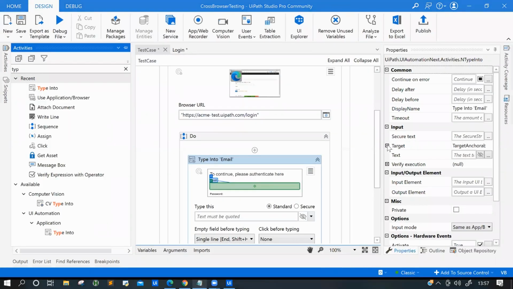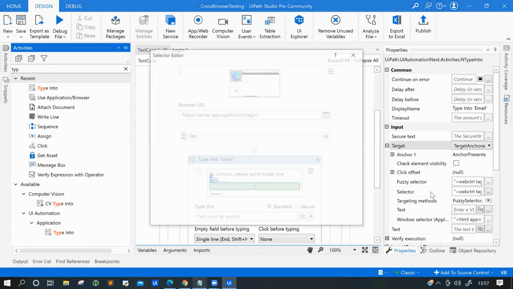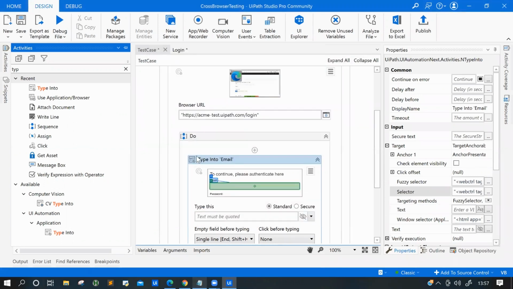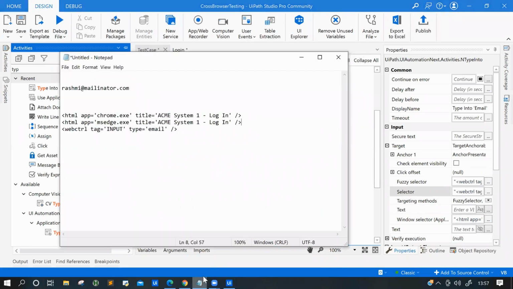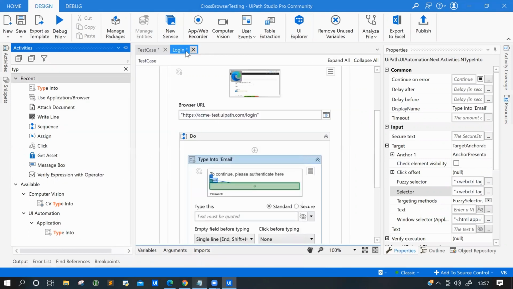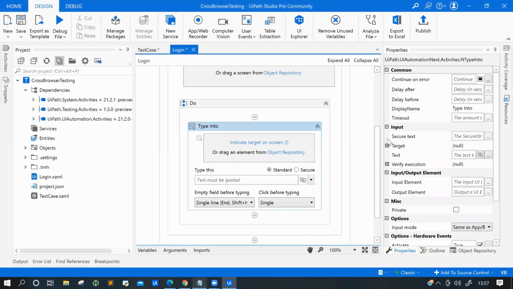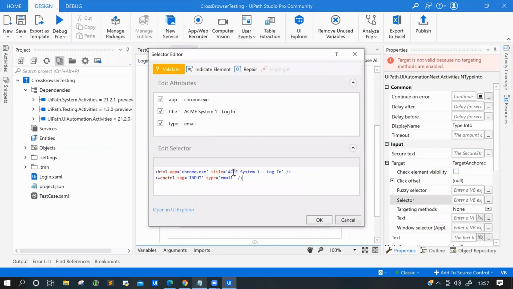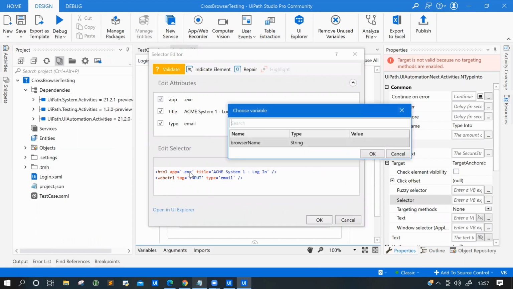Now click on target selector, copy this. If you see that you cannot copy, that's why I'm doing it. So this one is the thing, I can copy this. Target is null. You need to select target, and then you can give either selector or something. Selector basically we are going to give, and again for this we are going to give our browser name. Click OK.